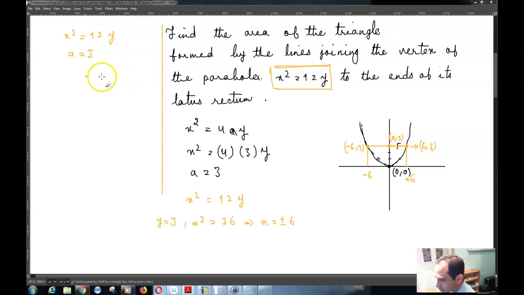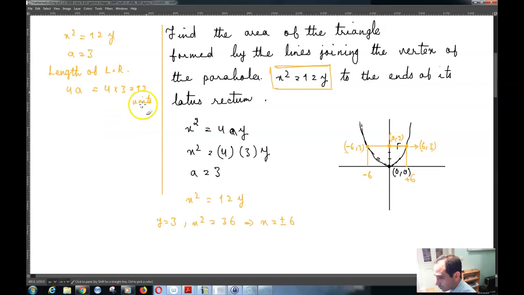And the length of the latus rectum of this parabola is 4a, which is equal to 4 times 3, which is equal to 12 units. So if the length of this line is 12 units, and if the parabola is symmetric, then this is going to be 6 units, and this is going to be 6 units as well, which is what we have found over here already. This is 6 units, and this is 6 units as well. So then